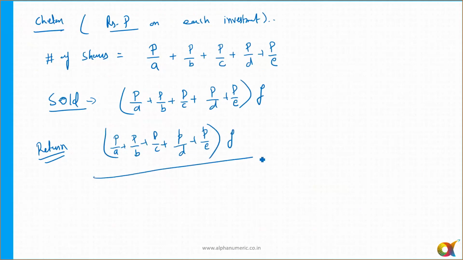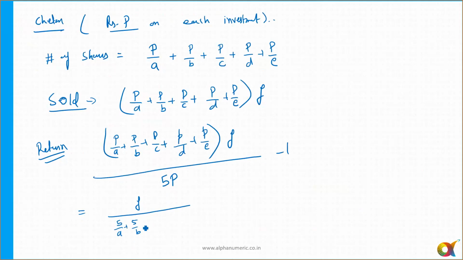The total cost price will be equal to how much? Can we say that is equal to P only? And then minus 1. Total cost price is equal to 5P, because he invested P amount, rupees P, at each interval. So 5 intervals, 5P. So this will be equal to what? If I rearrange this, P will get cancelled. F upon 5 by A plus 5 by B